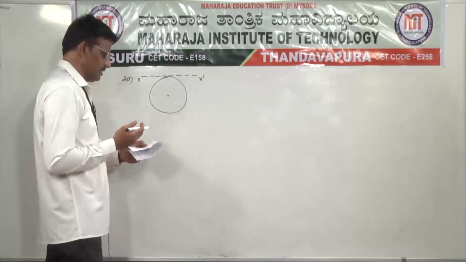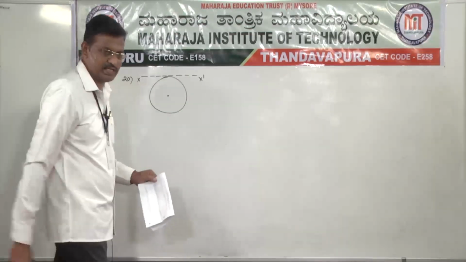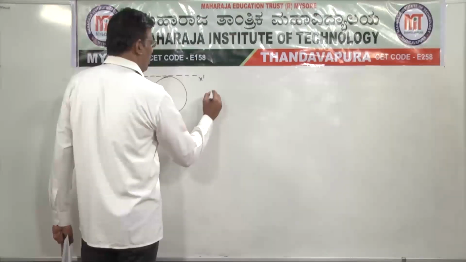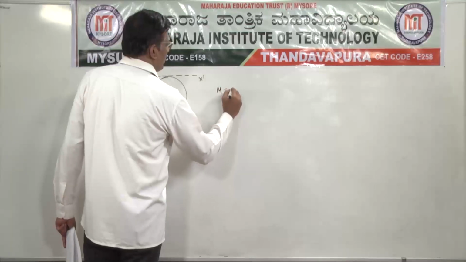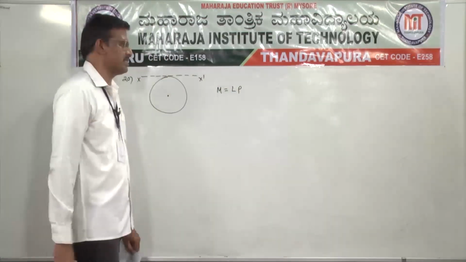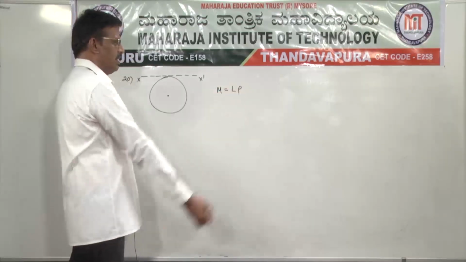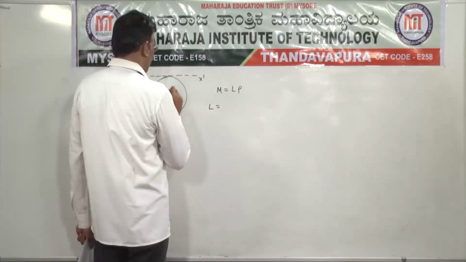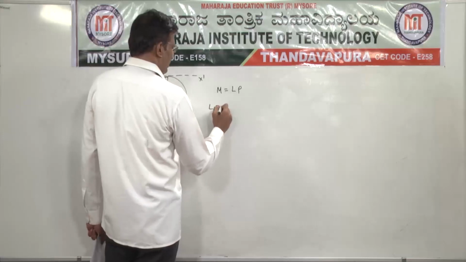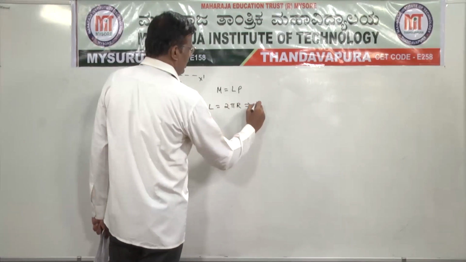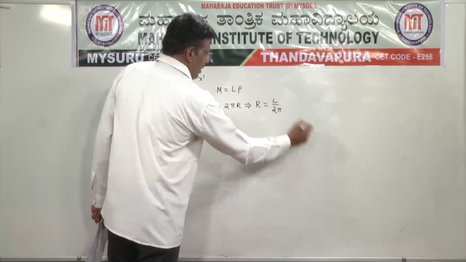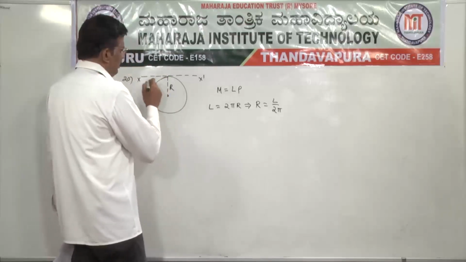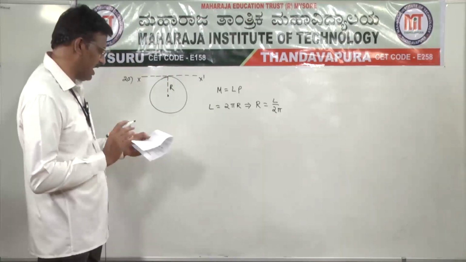In the question, linear mass density is given. Linear mass density is nothing but mass per unit length, and that is rho. The length L is given, so L into rho is the total mass. M is equal to L into rho, where rho is the mass per unit length. The wire of length L is bent into the form of a circle of radius r, so L is equal to 2 pi r, that implies r is equal to L divided by 2 pi. Now, this x dash axis is parallel to a diameter.